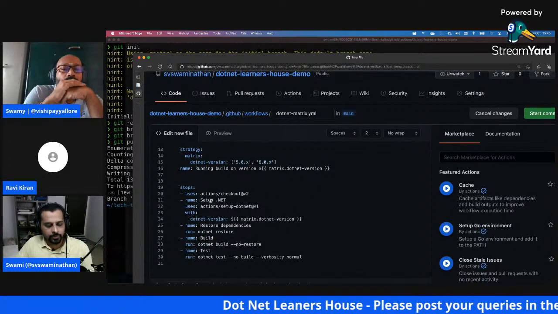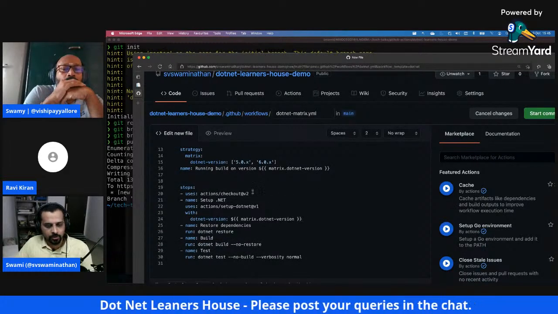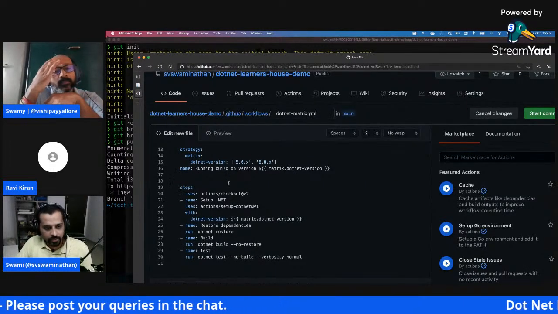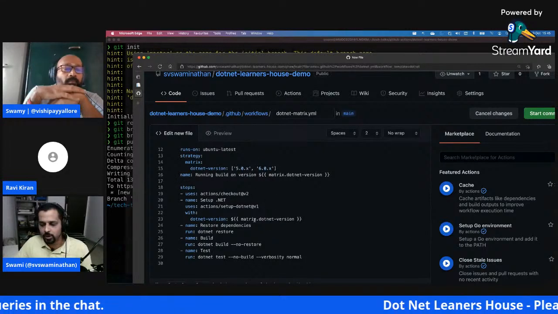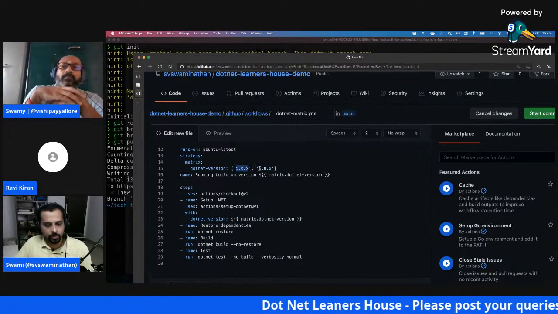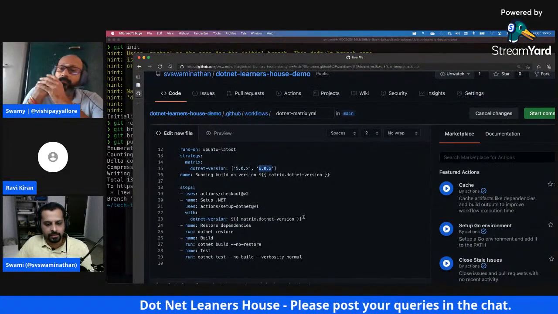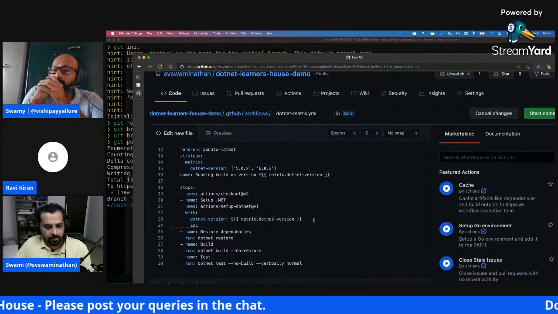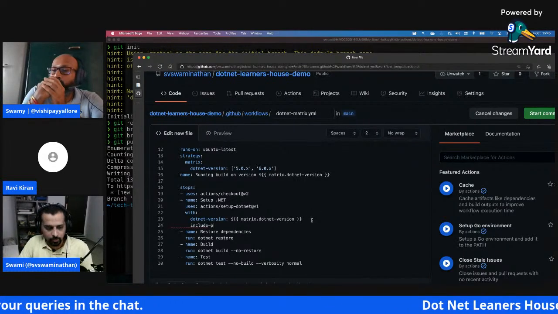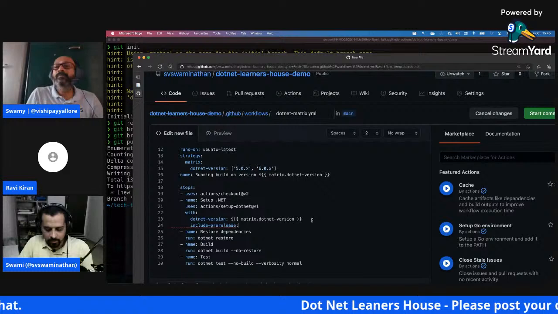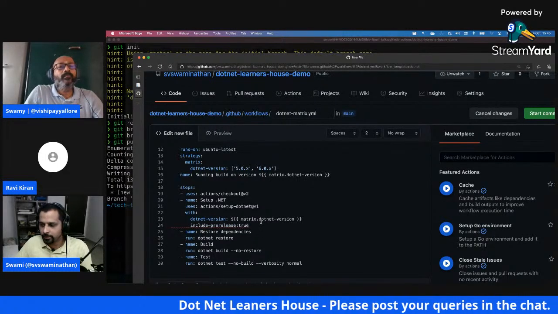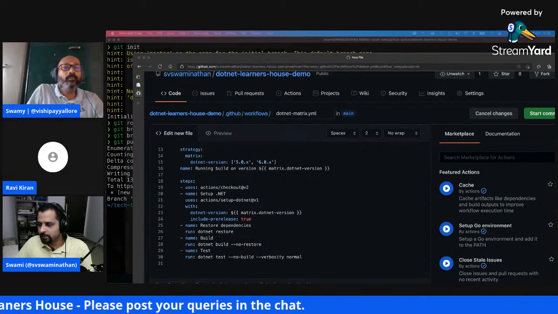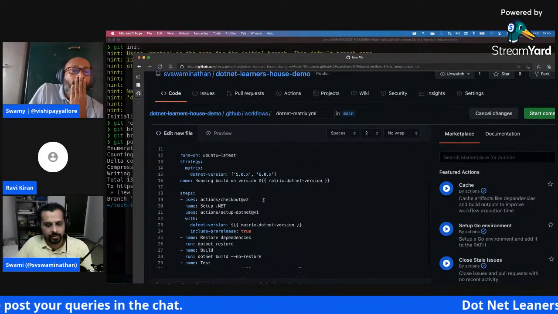So what we're telling is we are going to run these particular steps on this particular .NET version. Now, what the runner would do, if you're setting up a matrix build, is run this in parallel in two different jobs. One job would run on 5.0.x, the other job would run on 6.0.x. And since 6.0.x is still in preview, we need to add this as well: include-prerelease: true. This flag ensures it is able to pull the pre-release versions of .NET as well. And then the rest of the steps I'm going to leave as is, because we're not going to do anything else.